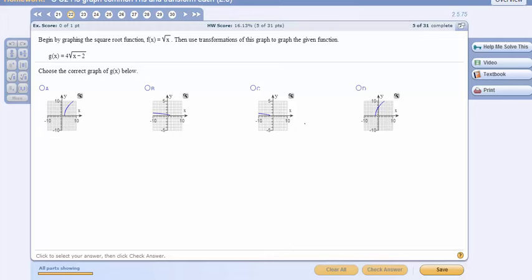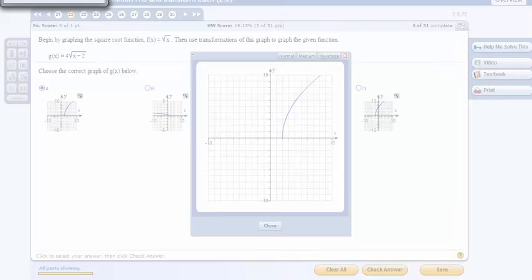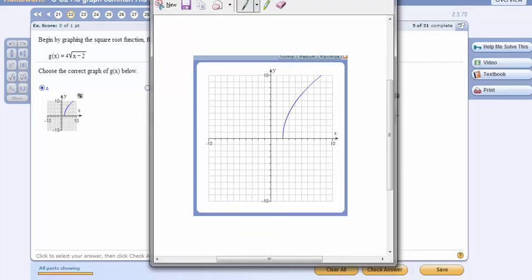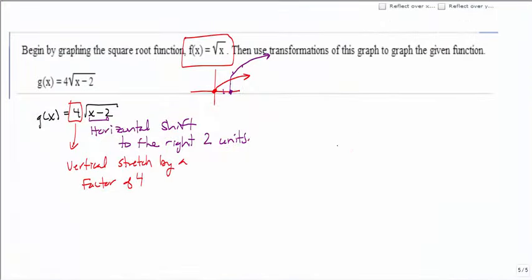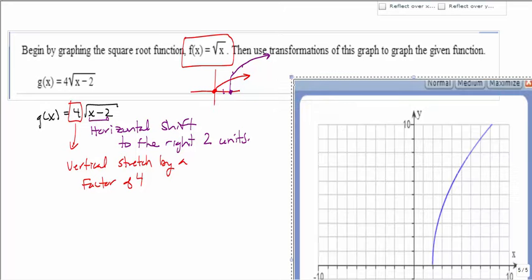Oh, they asked us just to choose one. So I guess what we did was graph, and we can already see that A looks like the correct choice here. It doesn't let us blow it up too much, but we can see that this is our correct choice. So we'll go ahead and pop this into our lecture notes as well. So just with the basic curve sketch, just that basic shape, we can do a quick transformation